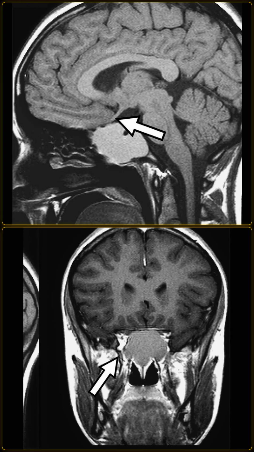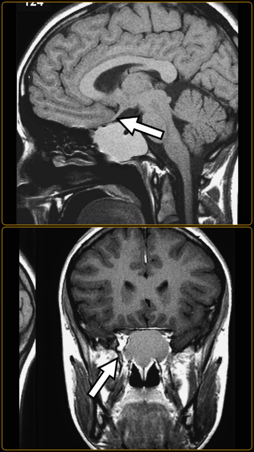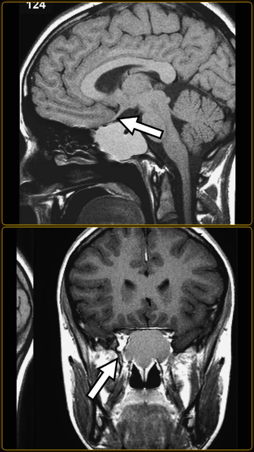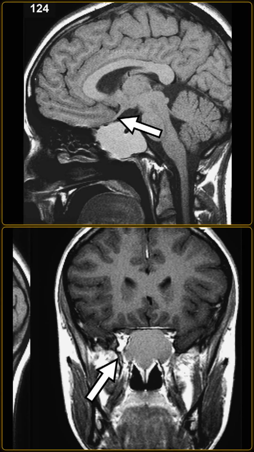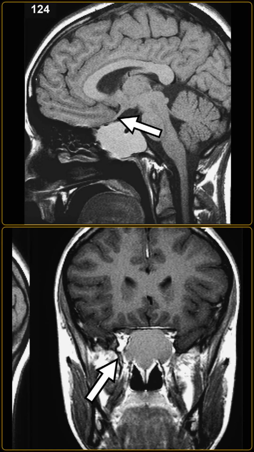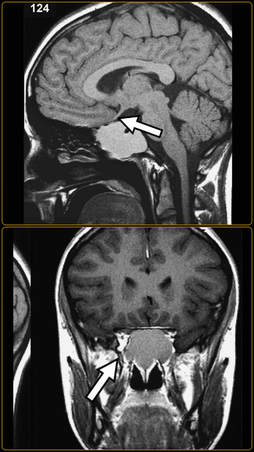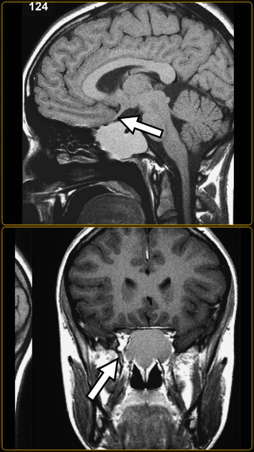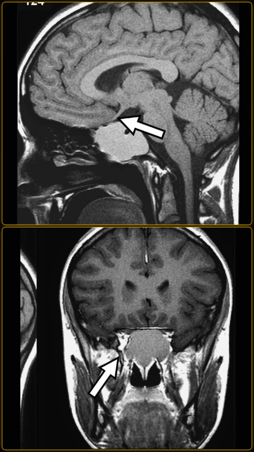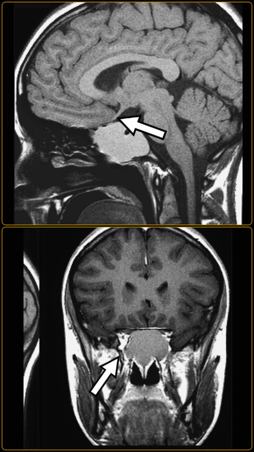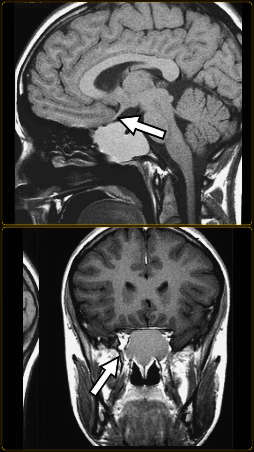A mucocele develops secondary to chronic obstruction of the sinus ostium, commonly due to chronic rhinosinusitis, nasal polyps, trauma, or prior sinus surgery. Following osteal obstruction, the sinus continues to secrete mucus, which accumulates and progressively increases intrasinus pressure. This chronic pressure acts as a slow-growing mass, resulting in smooth remodeling, thinning, and expansion of the sinus bony walls.